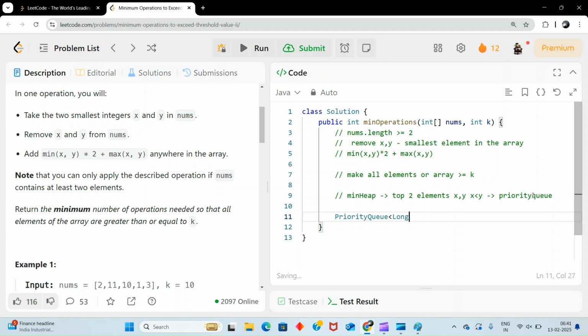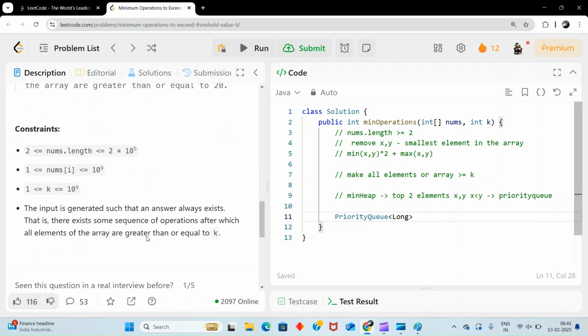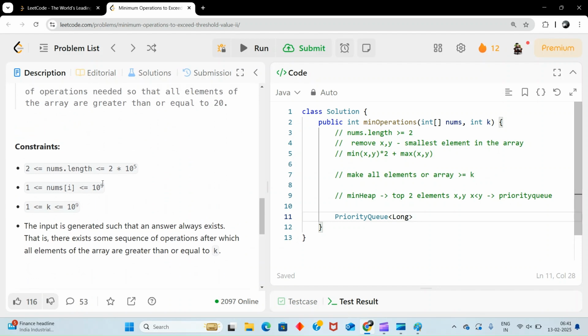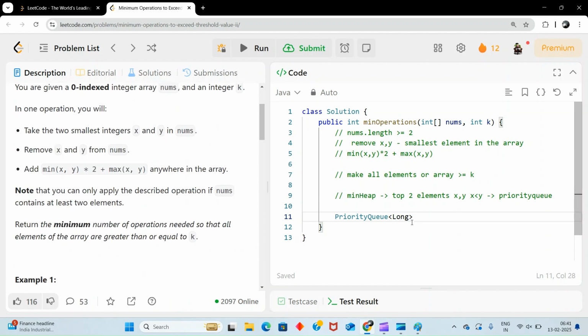Priority queue of long. We will use long because we are going to do this operation. And what is our range of nums? Our range is 10 to the power 9, so we had better use long. Priority queue, or instead I'll write min heap equal to new priority queue.